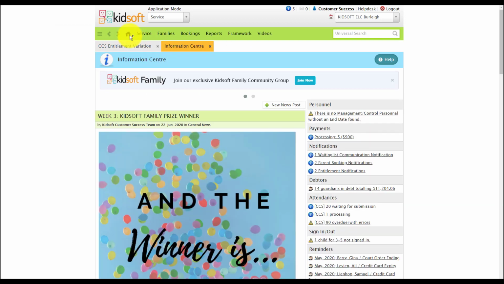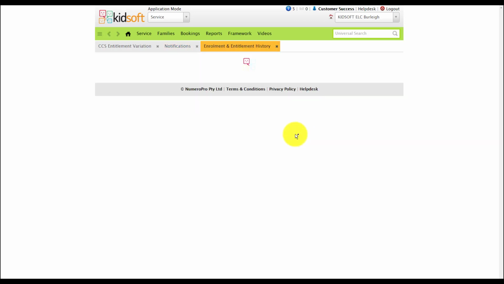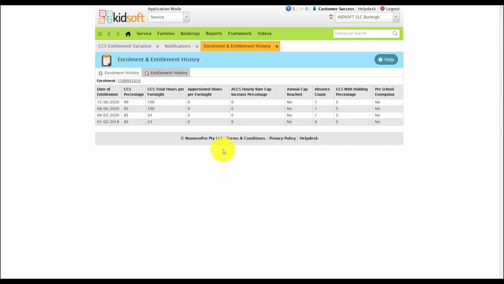A handy tip: on your notifications on your Kidsoft Information Centre page, you will receive entitlement notifications when a child's enrolment has had an entitlement change. When clicking on that notification, it's going to identify the change and for the enrolment and the child the change has occurred for. When you click on that notification, it's going to take you straight to the Entitlement History tab